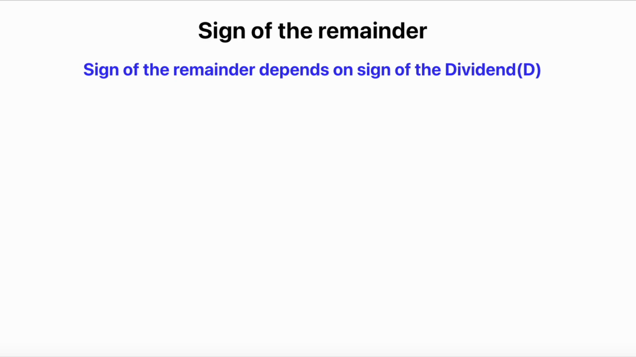When we do a modulo operation, the result, that is the remainder, can be positive or negative. There are different variants of division, but most programming languages like Java and C++ follow truncated division, in which the sign of the remainder depends on the sign of the dividend. For example, minus 14 mod 5 is minus 4, minus 14 mod minus 5 is also minus 4, 14 mod